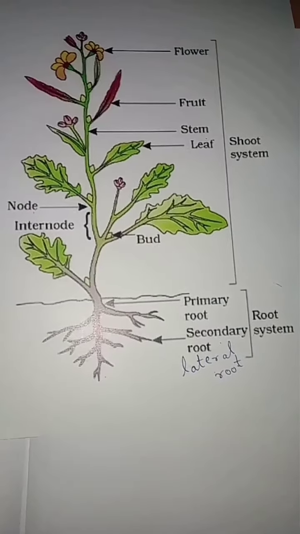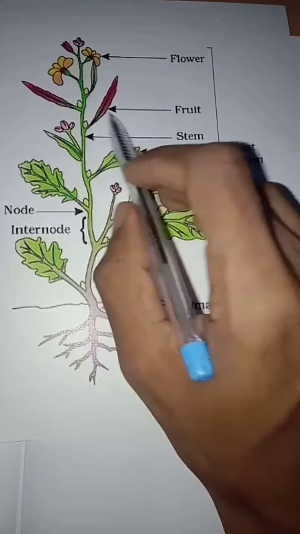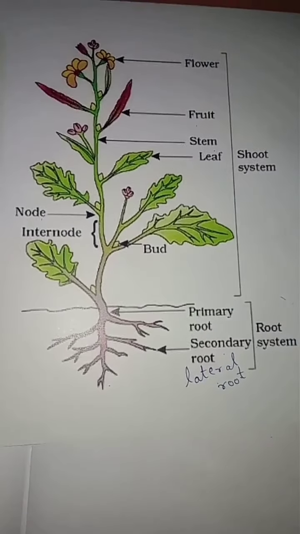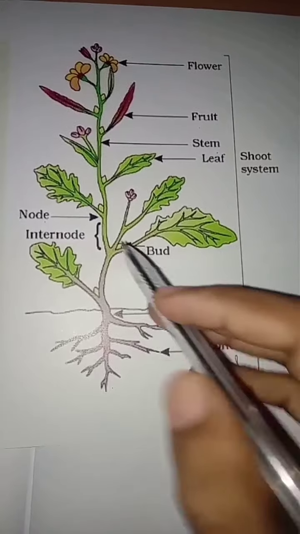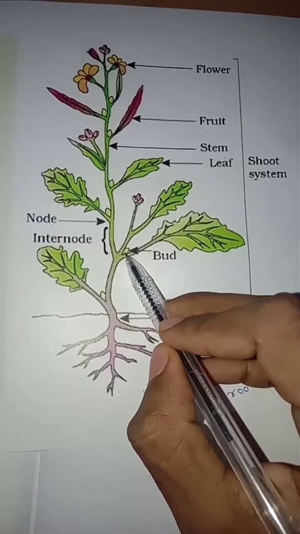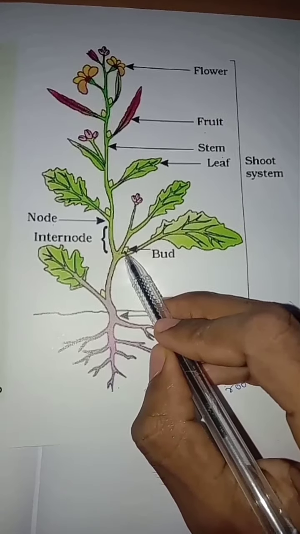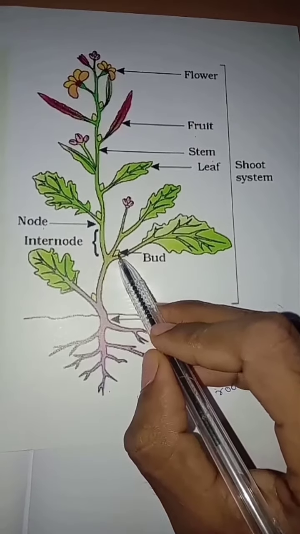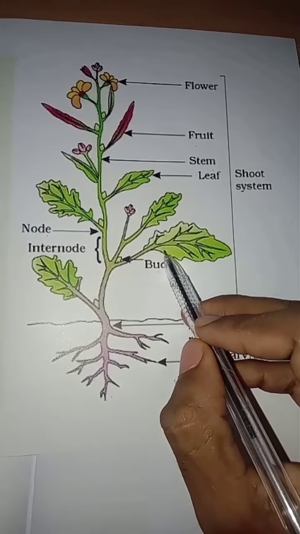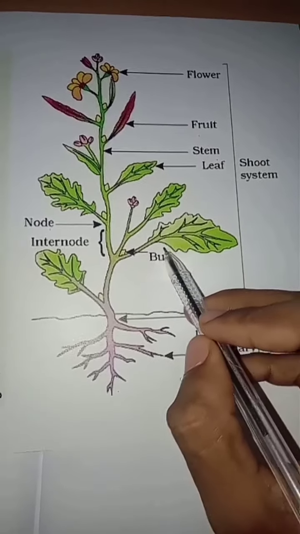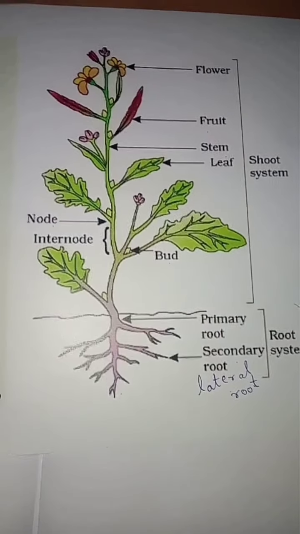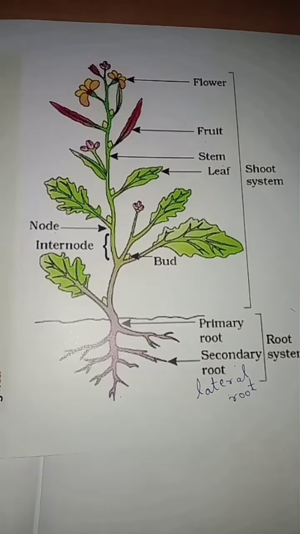Now this is the leaf, this is the fruit, and this is the flower. And you can observe the bud here. You can observe small buds here, right? A bud is nothing but a compact growth on a plant that develops into a leaf or a flower. Before the growth of a leaf or a flower, a bud forms on the plant. That is called the bud, children. These are all the parts of the plant.